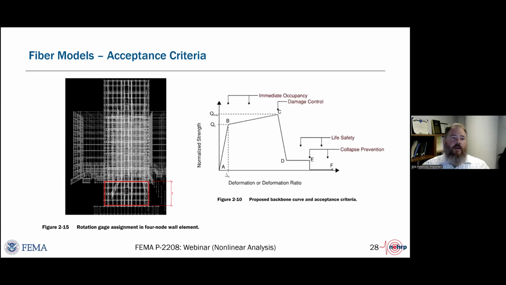And the reason for that, there's a really good discussion of that in that NIST GCR 917-45 in the concrete wall chapter, of how it's very hard to determine usable strain limits, and usable strain limits can often be very sensitive to gauge length, much more so than just if you were to put down rotation gauges and track moment rotation to determine your modeling parameters and acceptance criteria as opposed to usable strain limits.